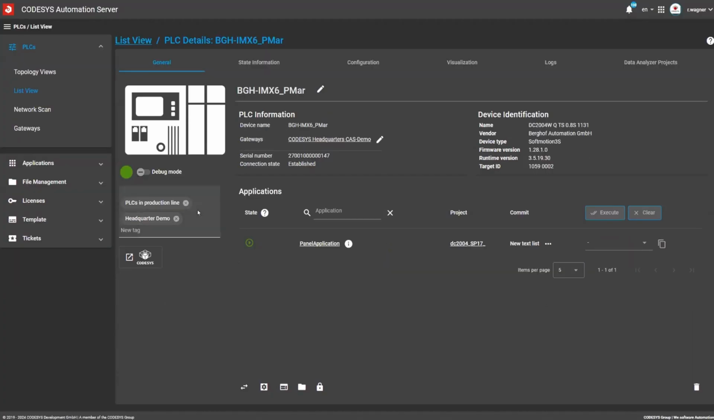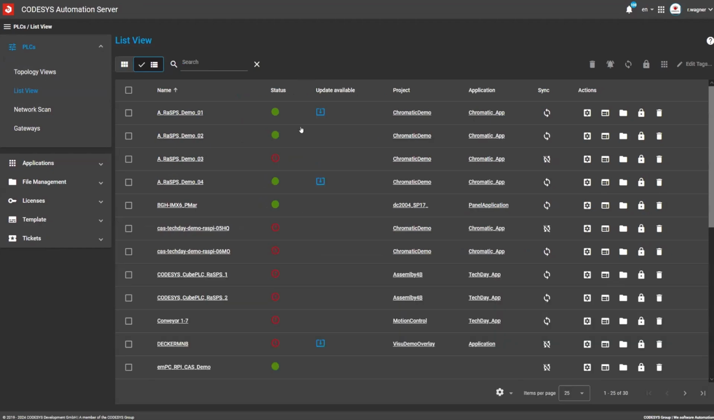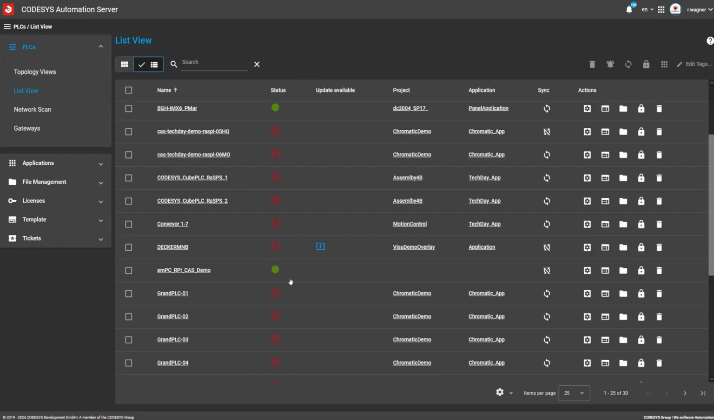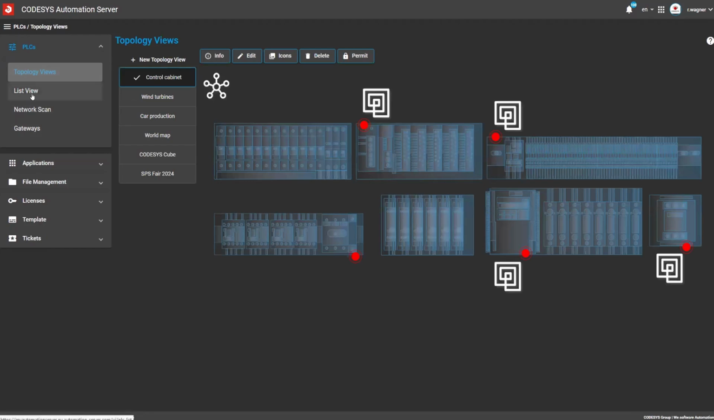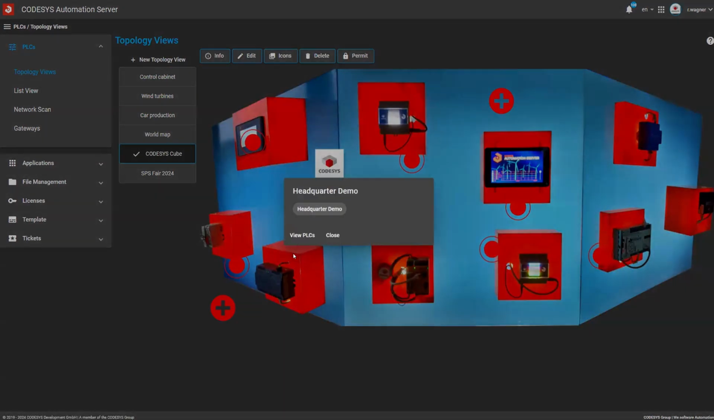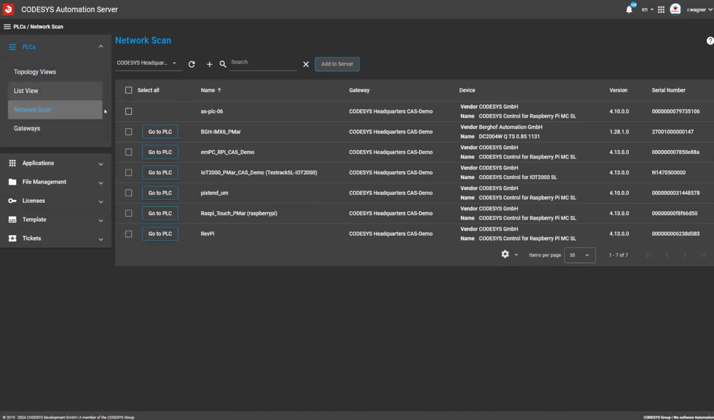Okay, what else can we see here? Yeah, we have the topology view, the list view. Yeah, we can filter the list by tags. So we have here the headquarter demo, but I could, of course, get the whole list of devices. You see there are some other, let's say, demonstrators connected together. In this case, I just want to work with the one I had here, so it's a little bit reduced. Furthermore, I can scan the network of the PLCs that are inside that